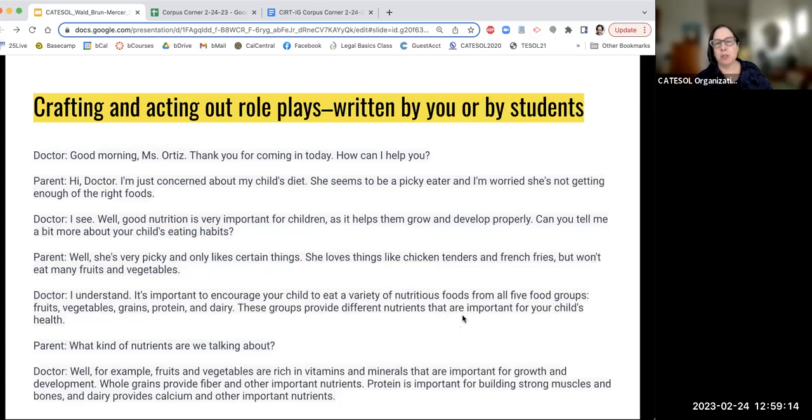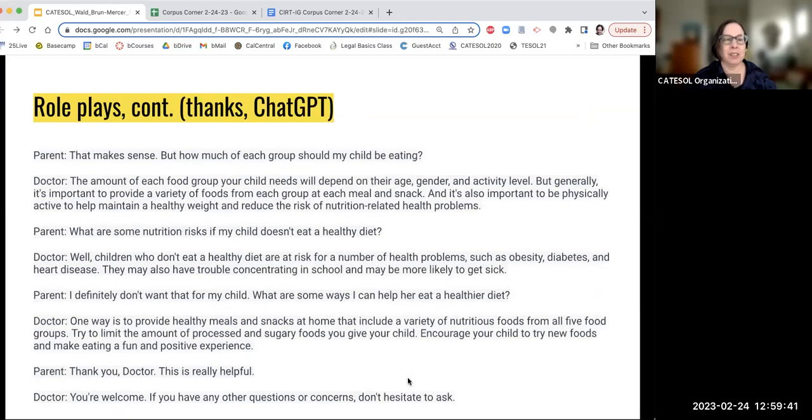And then of course, here's my super cheat where I went to ChatGPT. I gave it some phrases, some n-grams from the list, and I asked it to create, and this is the first draft, I would work on it, right? I gave it a list of vocabulary. I said, write a role play between a parent and a doctor. The parent is concerned about her child's diet, right? And it came up with this here. And I also did another one between a mother and a child who didn't want to eat his vegetables. If you go through this, you'll see all these phrases are in there again, and it's interesting and more natural.